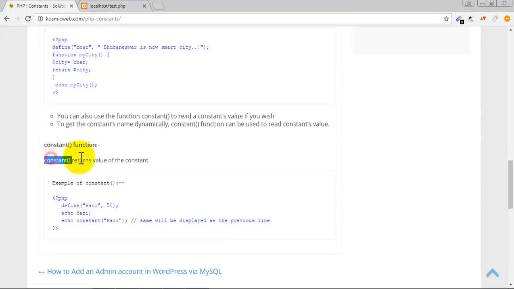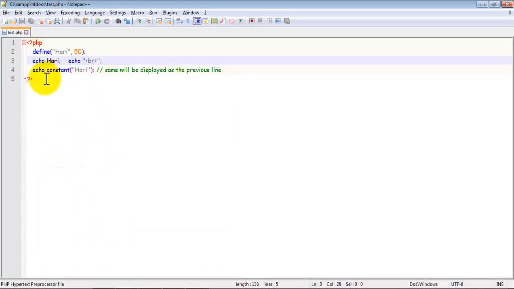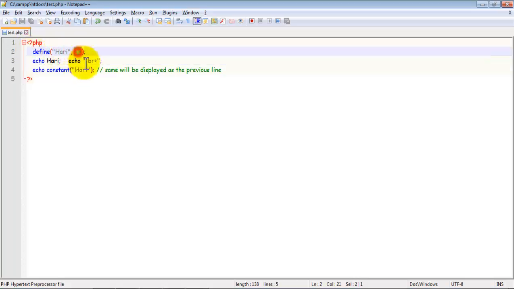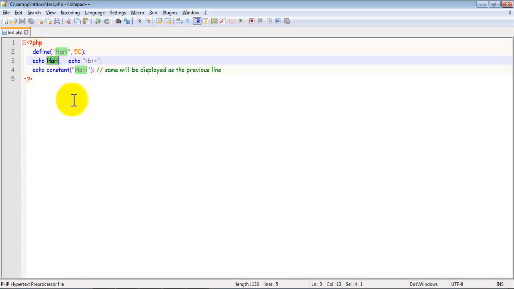Okay. The constant function returns the value of the constant. So here we defined a constant Hari with value 50. We are printing Hari. It is printing fine, that is 50.